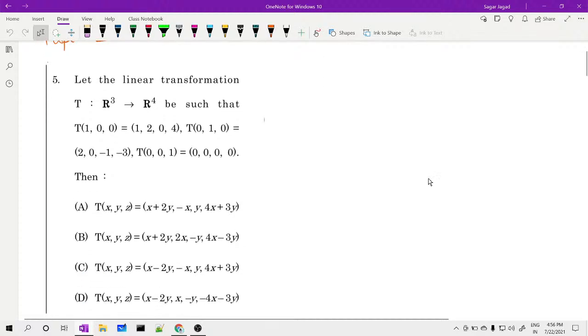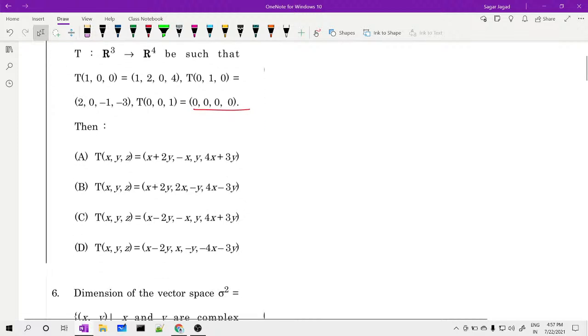Question number 5. Let the linear transformation from R3 to R4 be such that T of E1, T of E2, and T of E3 have been given. Then based on it, what could be this? Okay, so what I observe is all of them are 0 in the third variable. That means Z should not be present anywhere, which is the case. Yes, it is right. Now in the first, X should be only once. Yes, in all of them. In the second, X, Y should be added once. So either of them can be answered. This cannot be the answer. Now the third,